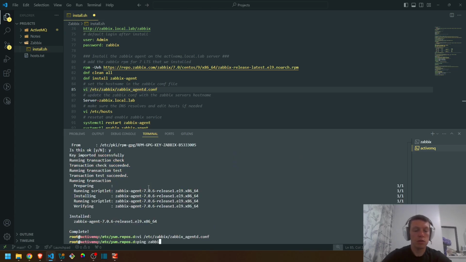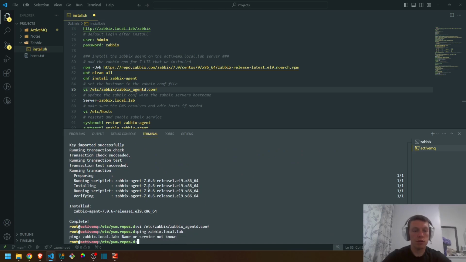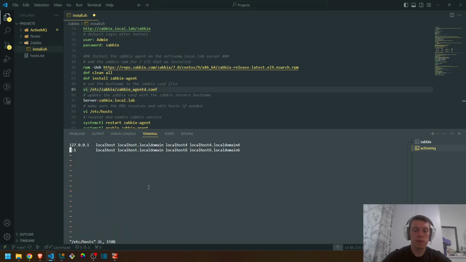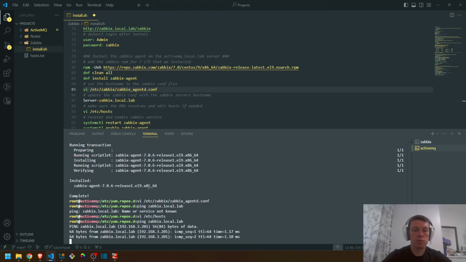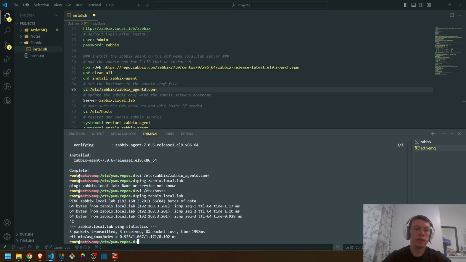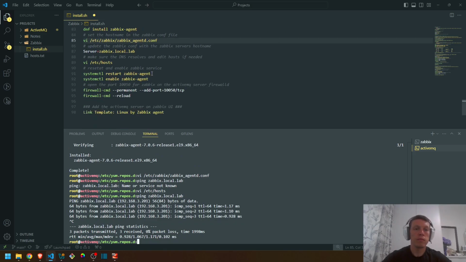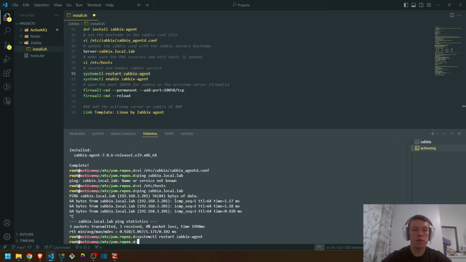We also want to make sure that zabbix.local.lab responds correctly on the server, which it doesn't. So we're just going to go edit our hosts file, add server, zabbix.local.lab or Zabbix. And now we have it responding. Can restart the Zabbix agent, enable the Zabbix agent,